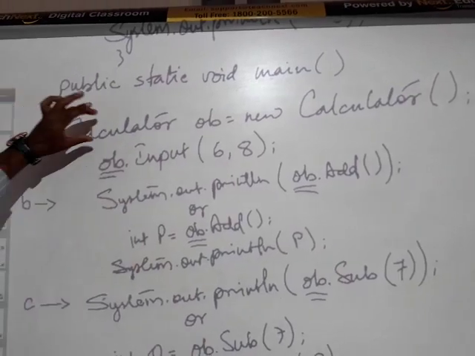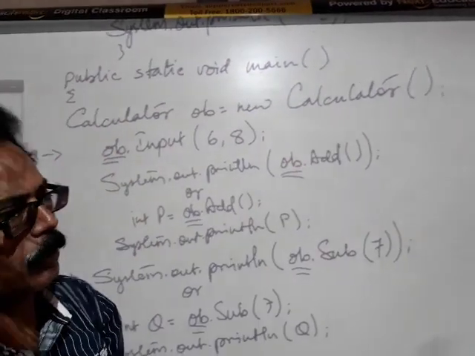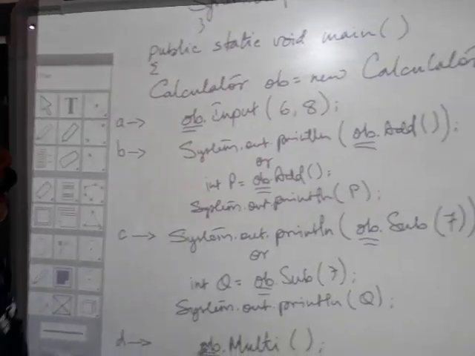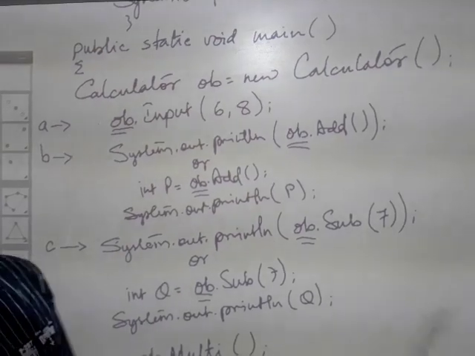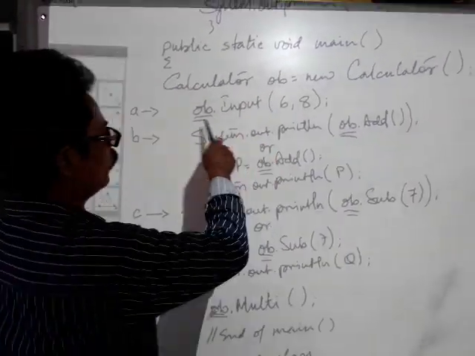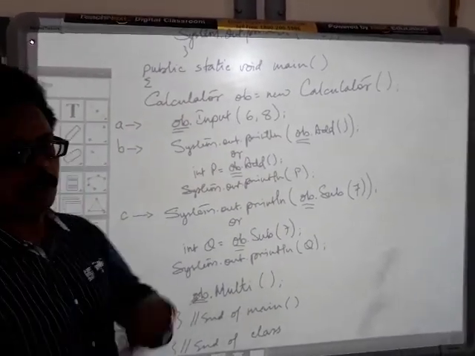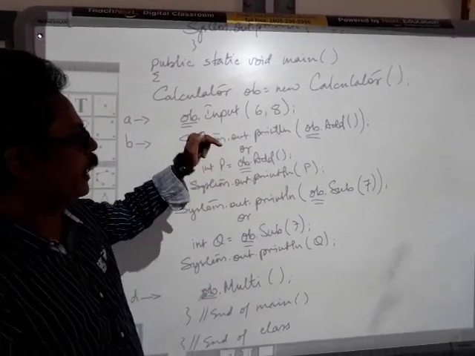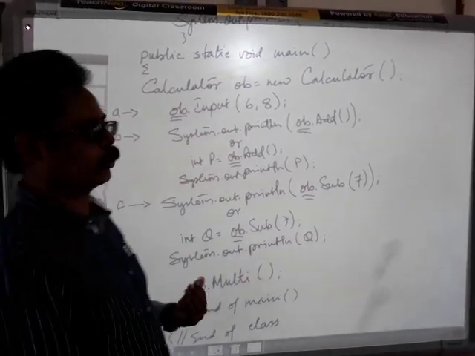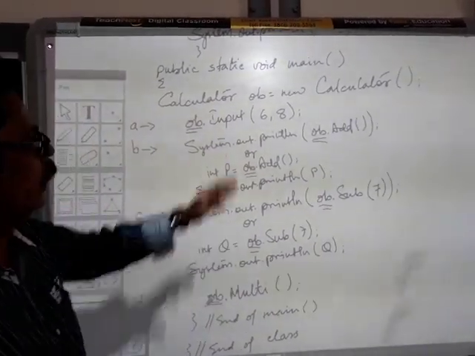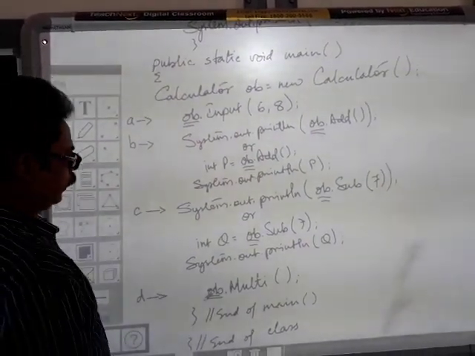Calculator is the name of the class, then the object name, the new keyword, and the class function or constructor. So then what happens? Wherever there are functions, just add ob dot. The same thing here, we have ob.input. I have taken the values 6 and 8 for A and B. That means 6 will go to A and then to X, so in the end X will store 6. Similarly with Y, A goes to B and the B value goes into y.